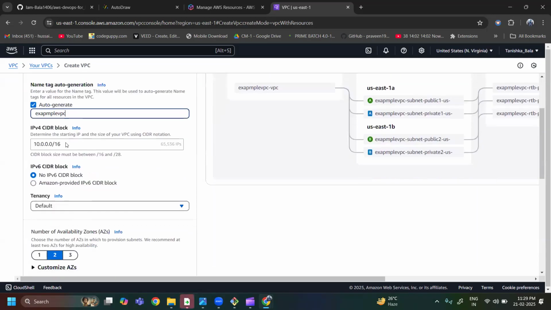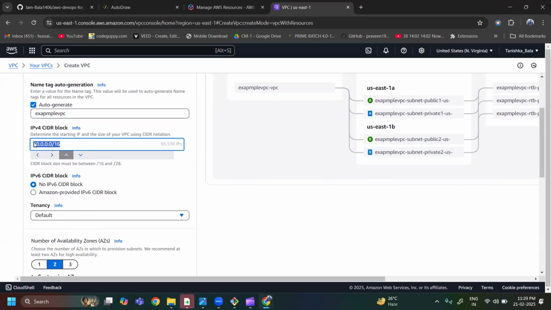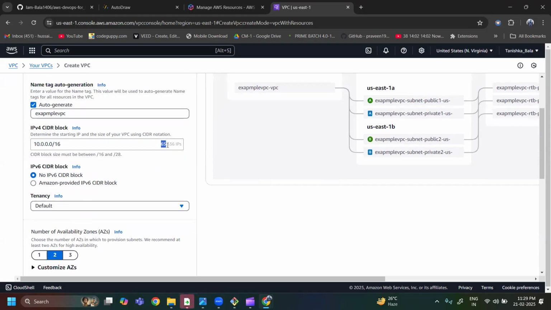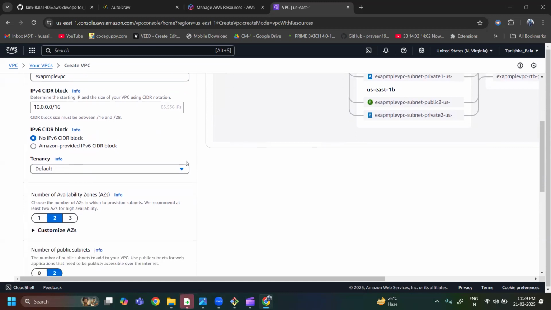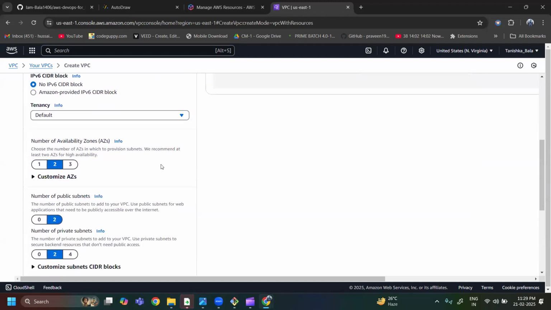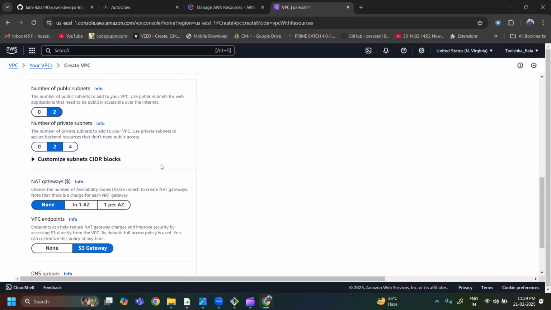So this is the VPC range here. In the previous class, I explained the VPC range. It provides us 65,536 IP addresses, and we can use these 65,536 IPs for our applications. Next, I am giving the